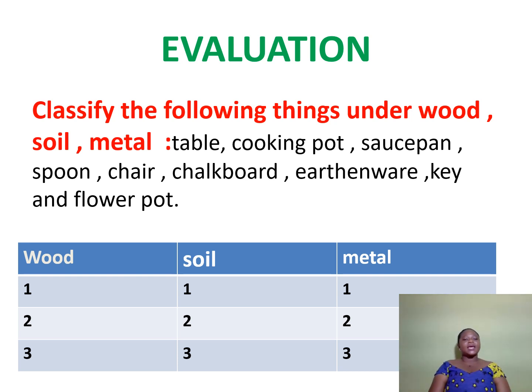I repeat it again. Classify the following things under wood, soil, and metal. We have table, cooking pot, saucepan, spoon, chair, chalkboard, earthenware bowl, key, and a flask. Okay. So